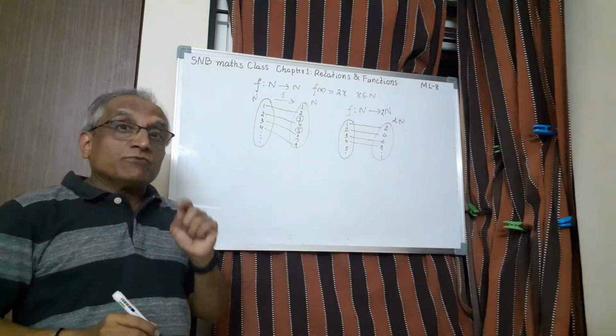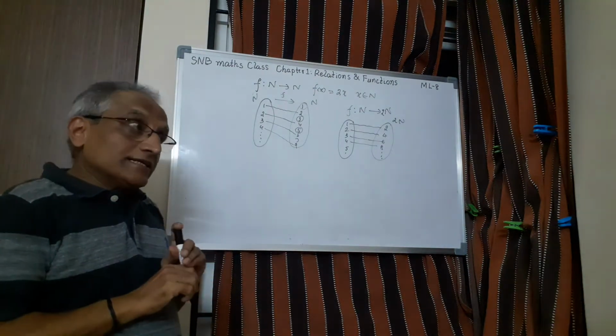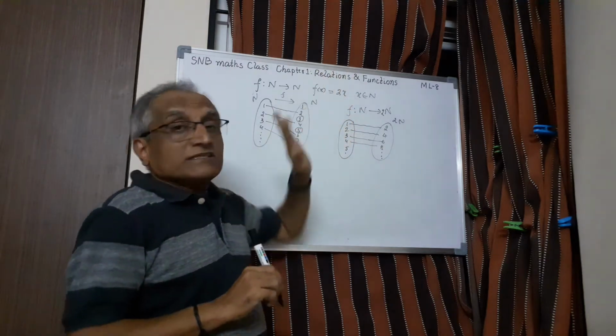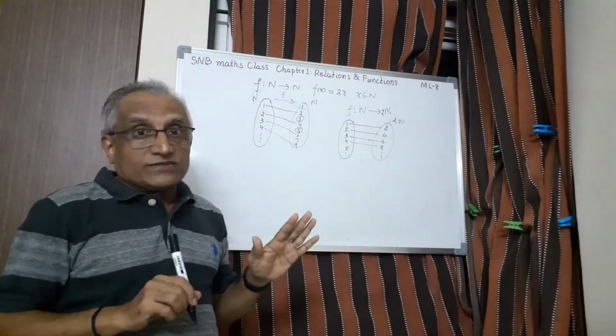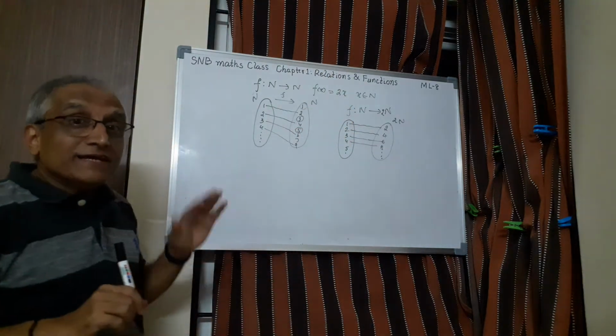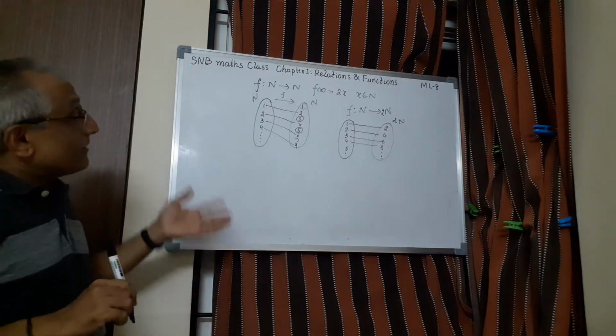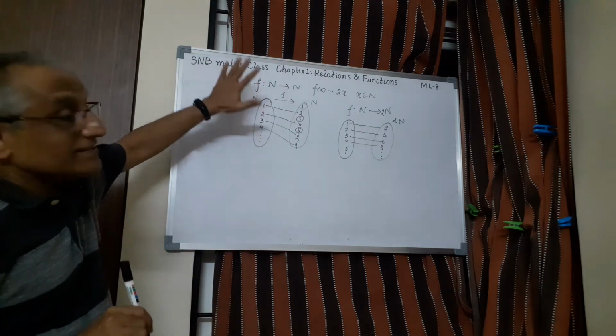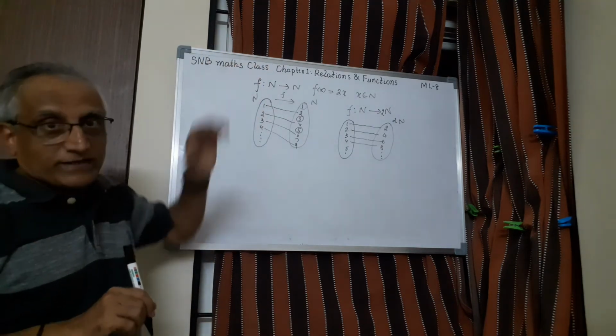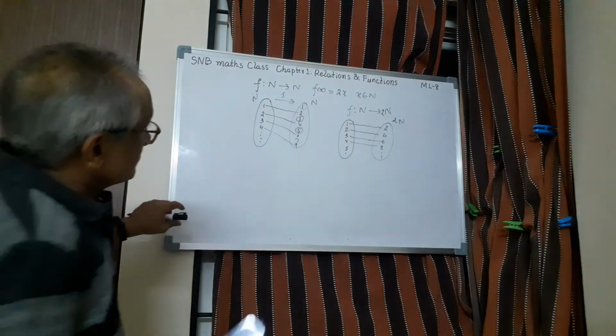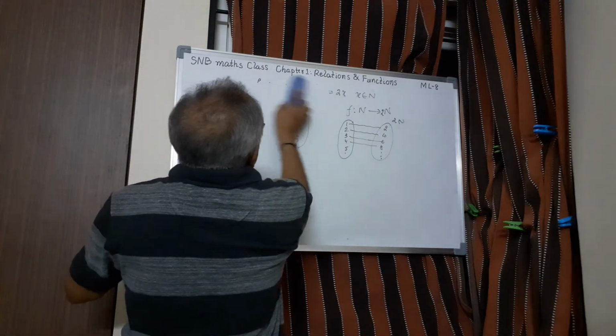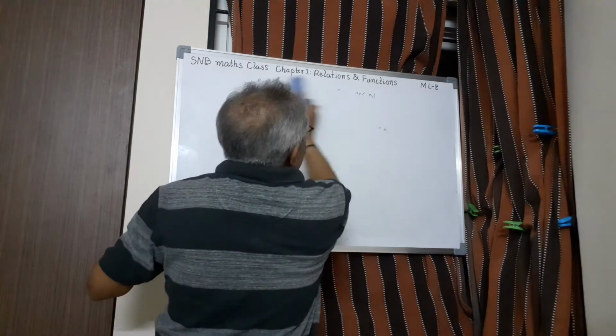So this is a very important concept. I told you earlier also, given a function we cannot say whether it is 1 1 or onto just by looking at a rule. But we can make it 1 1 and onto by suitably adjusting the domain as well as the codomain. Let me conclude this with one more example. So this is one aspect which you should know very well.